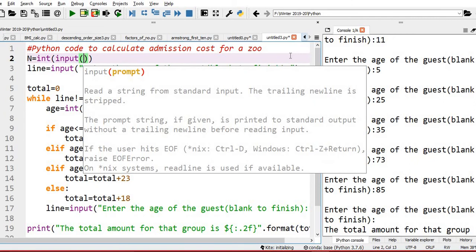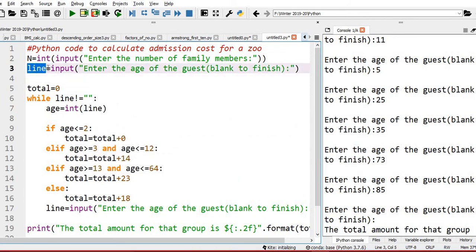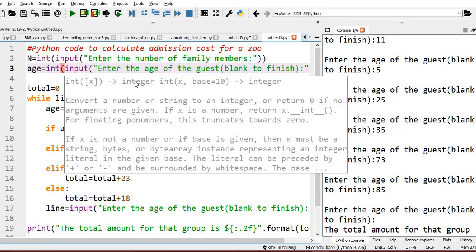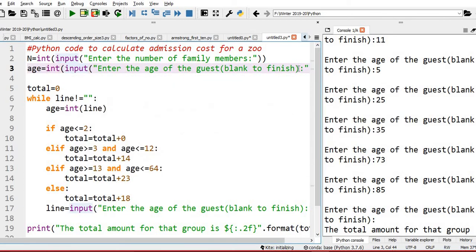Capital N is the number of family members. Enter the number of group members or family members. Then let me directly use this as age, and here itself I am converting that age to integer. I don't want this blank statement now.